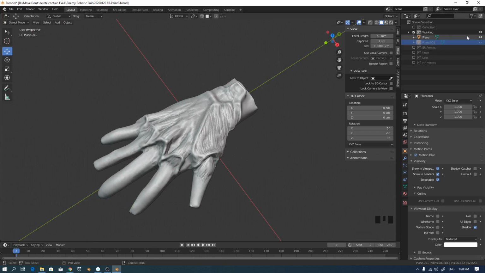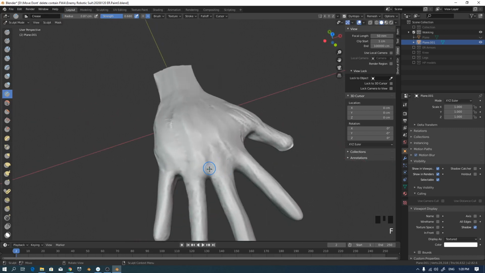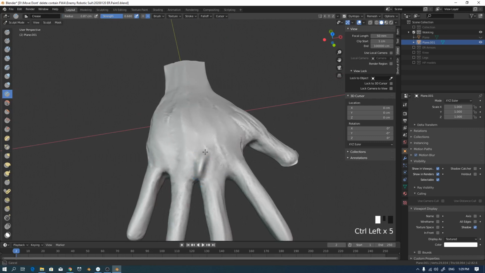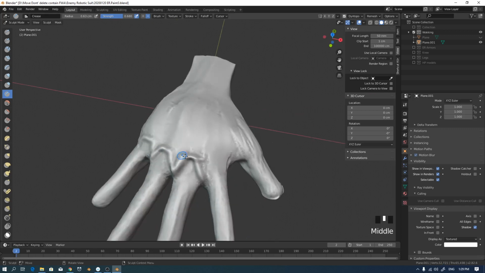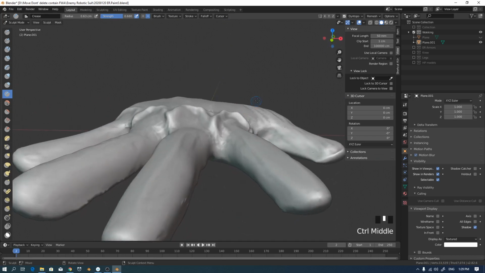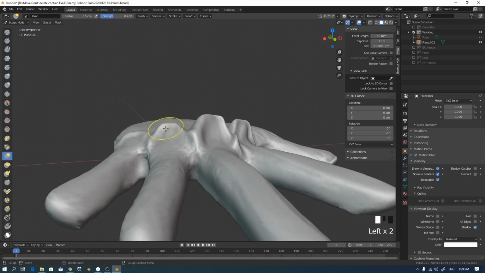How do I create this shape? Yes, I use the crease brush and I start creating, press Ctrl and size decrease. This is not the move brush, this is the grab brush. I use the grab brush to change the basic shape,